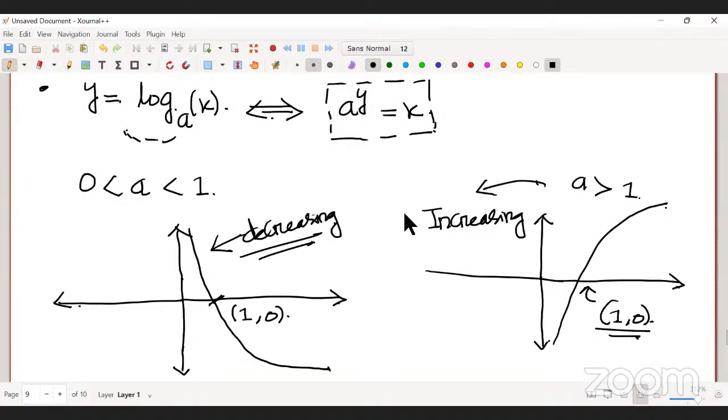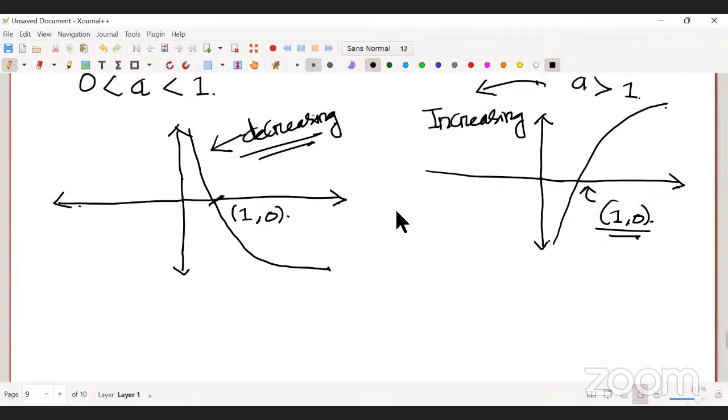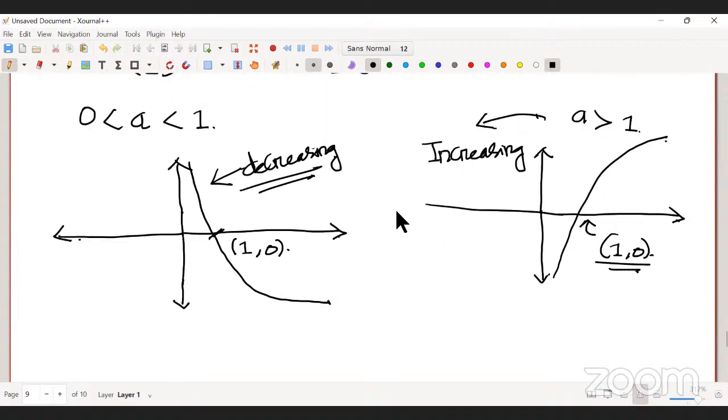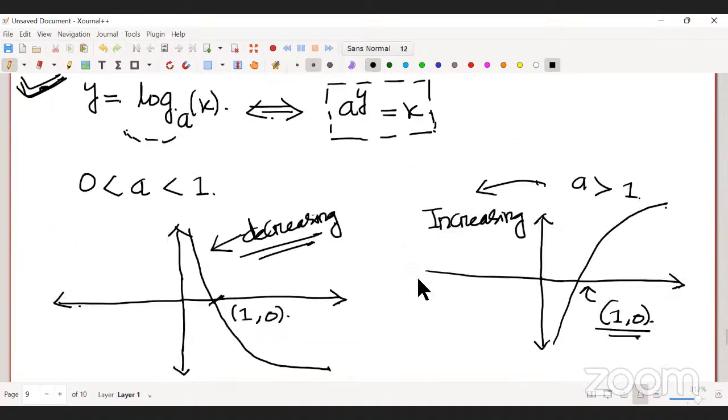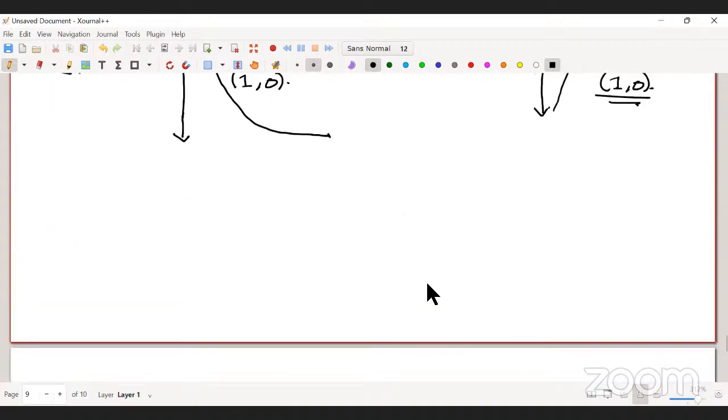So one of the most crucial things is this property. Half of the problems you can solve in logarithm using this property. And there are a few other properties of logarithm. So the first property is